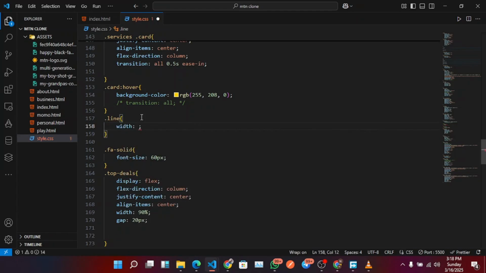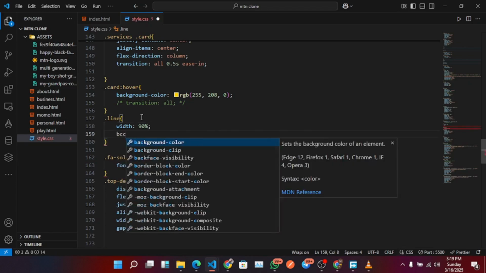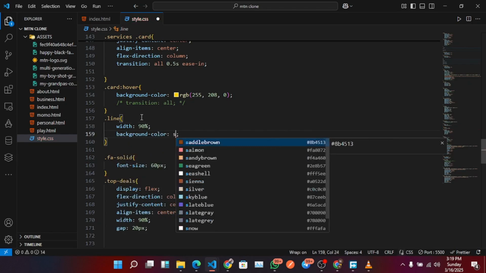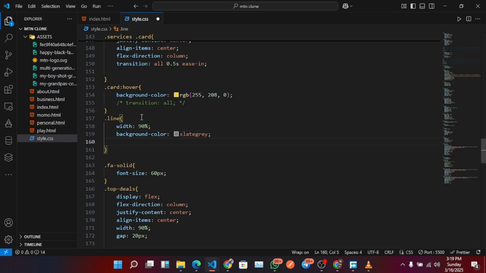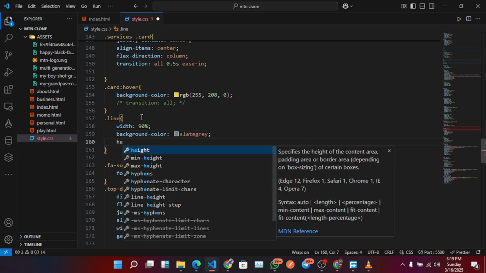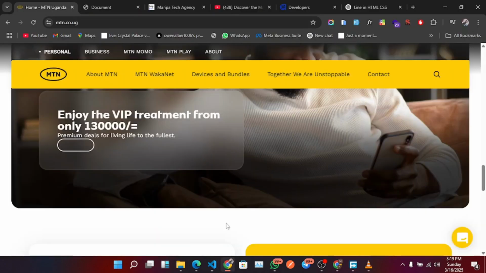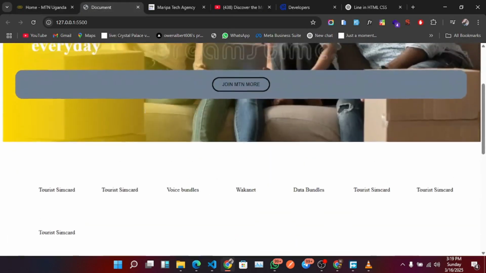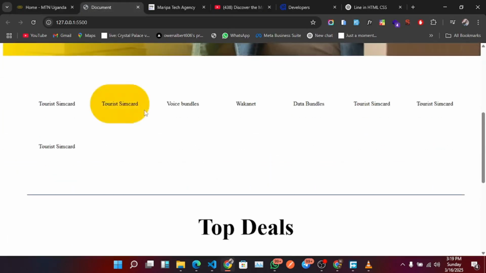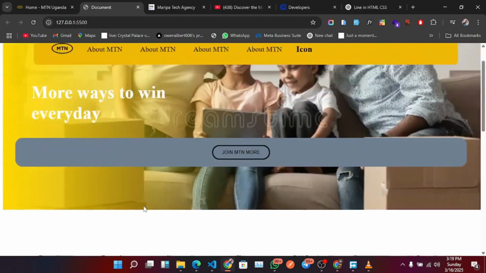should I say 90%, and with a background color of slate gray, and height of 2 pixels. How is that? Okay, well, okay, I think this is okay. And then